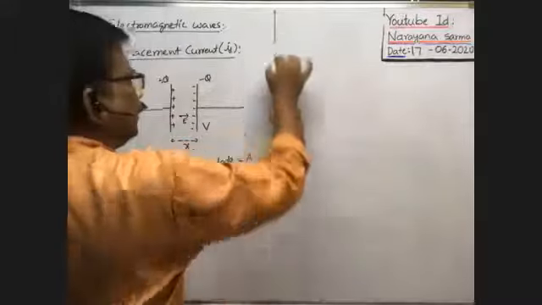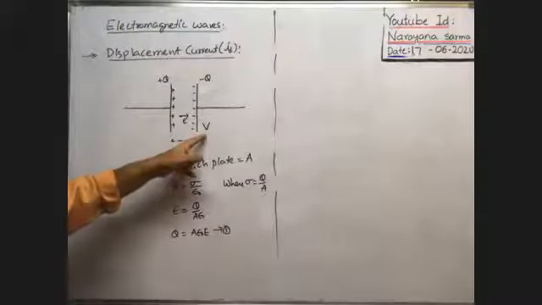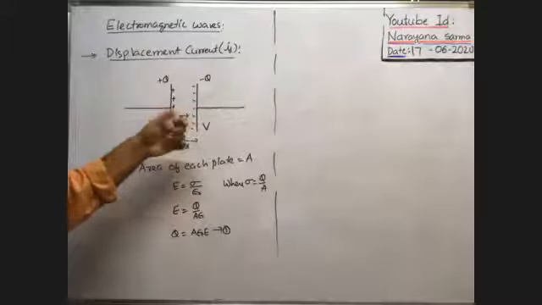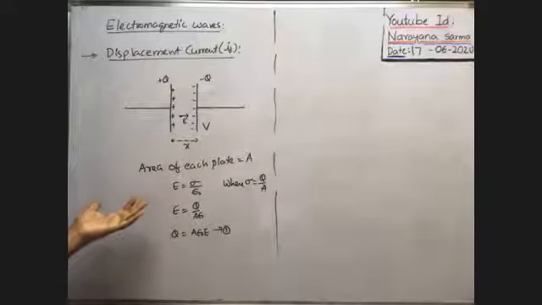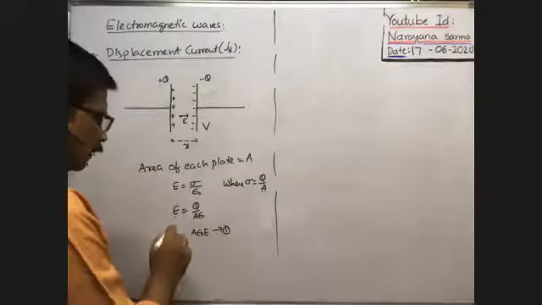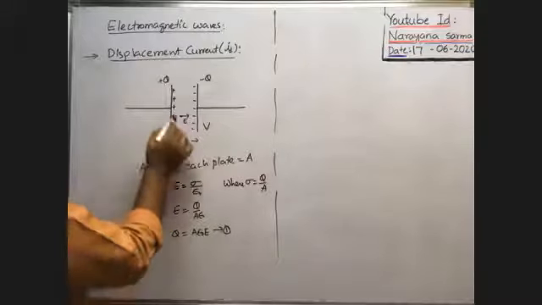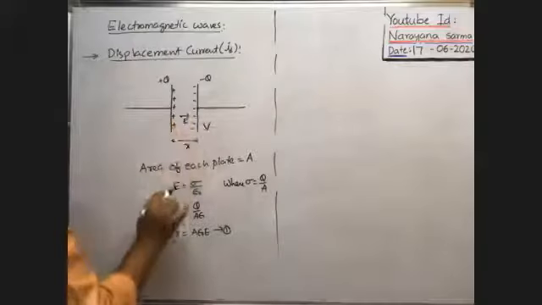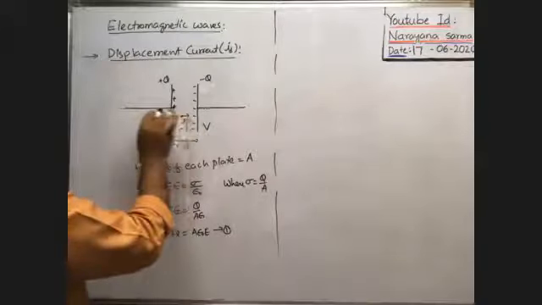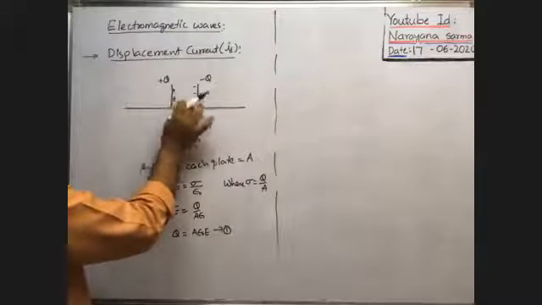Okay, therefore, the charge stored on each plate of the capacitor is not constant. Whenever V changes, the charge stored on the plates of the capacitor will also change, and whenever it changes, the intensity of electric field also changes. Therefore, because of the change in the charge, current passes between the two plates of the capacitor. Or because of the change in intensity of electric field between the two plates, some current passes between the two plates of the capacitor, even though there is no direct electrical contact between them.